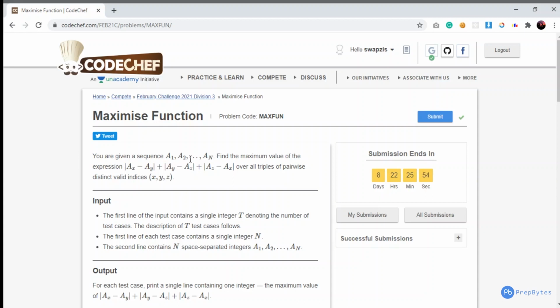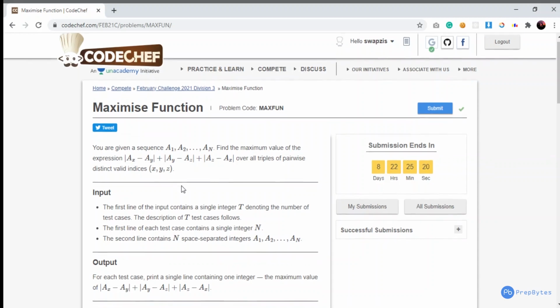The size of the sequence is n, and we have to find the maximum value of the expression |ax - ay| + |ay - az| + |az - ax| over all possible triples of pairwise distinct valid indices x, y, z. So x, y, z should be pairwise distinct, and we have to find the maximum value of this expression for any such triplet.